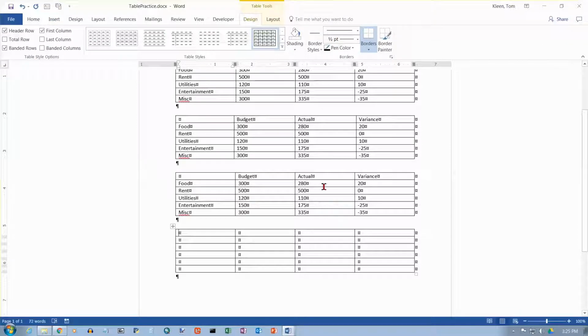So if you've already got the data and you've got delimiters, you can convert it into a table. If you don't have the data and you're preparing the table first, then you can just create an empty table like this. And we will look at formatting a table in another